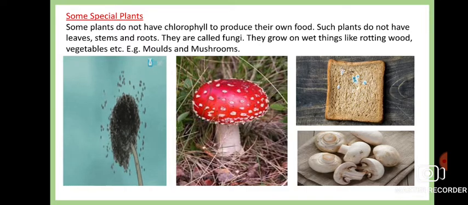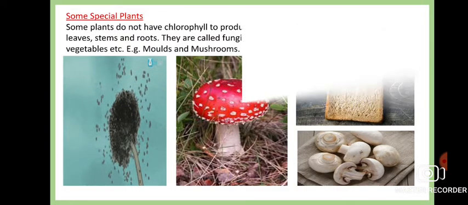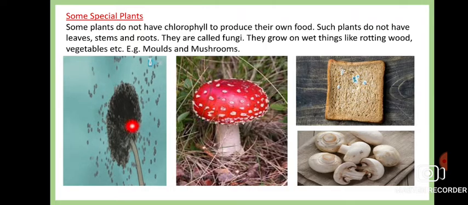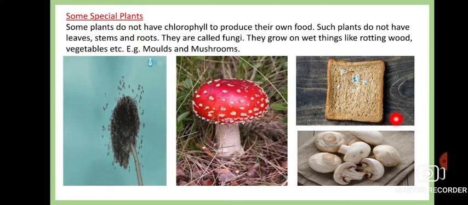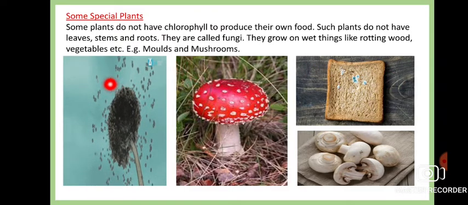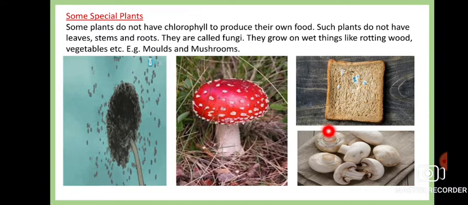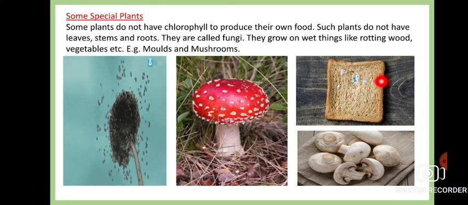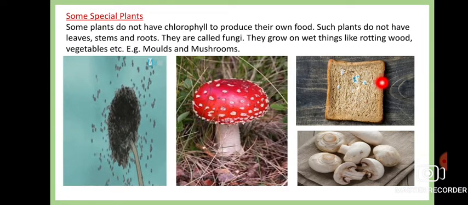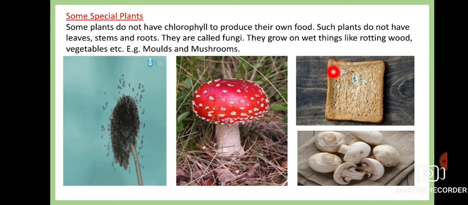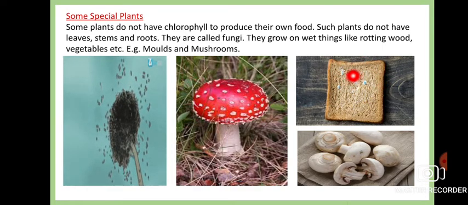So what I am telling is that neither of them is green in color. As a result we can see they cannot produce food by the process of photosynthesis. So they take the nutrition from wet or rotten substances, and this is their mode of nutrition. On bread you must have seen green. If the bread is kept for long, in stale condition, and if you do not preserve it properly, you will see green molds have appeared on the bread.